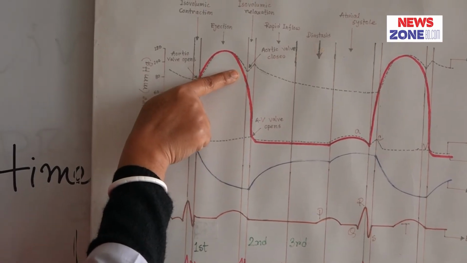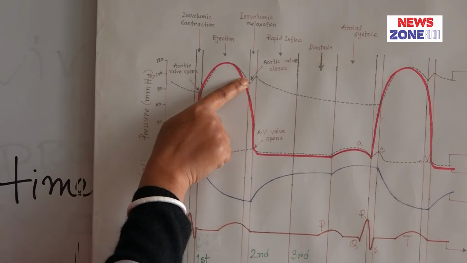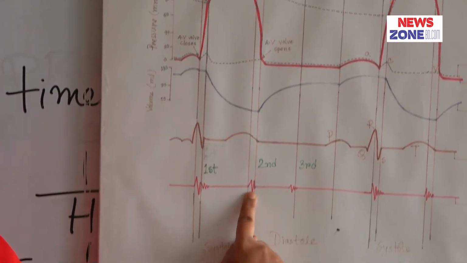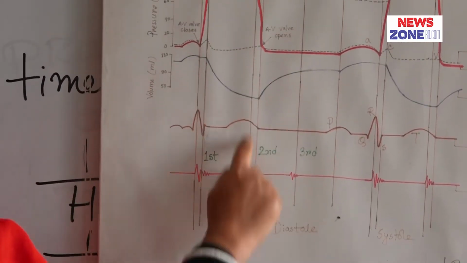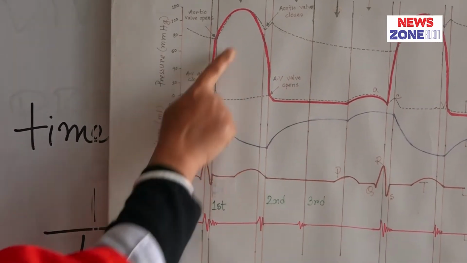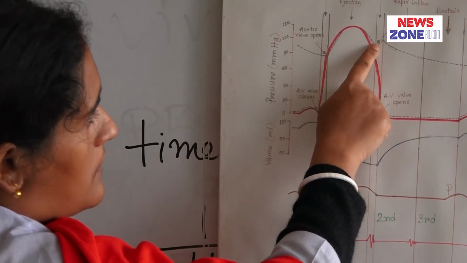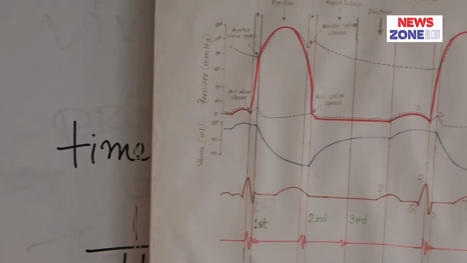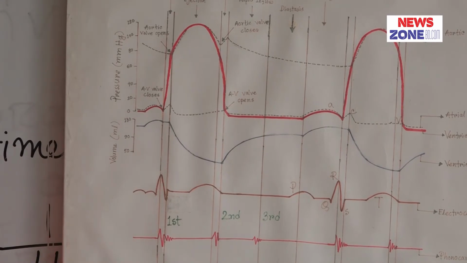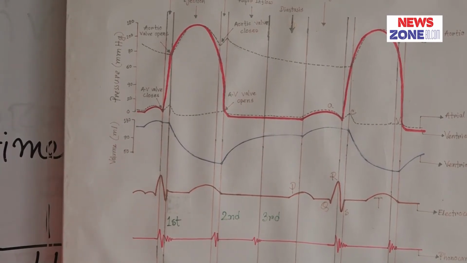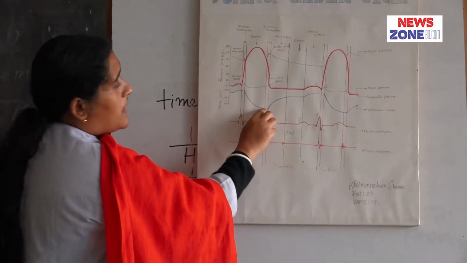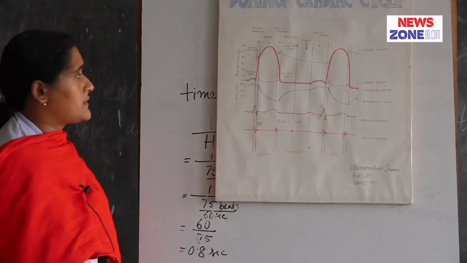the aortic valve is closed and it produces the second heart sound. So the second heart sound is produced when the aortic valve is closed. This closure of the aortic valve marks the ending of the protodiastolic period. This is a short-duration period of ventricular diastole, and during this phase there is no filling in the ventricle, so ventricular volume does not change.